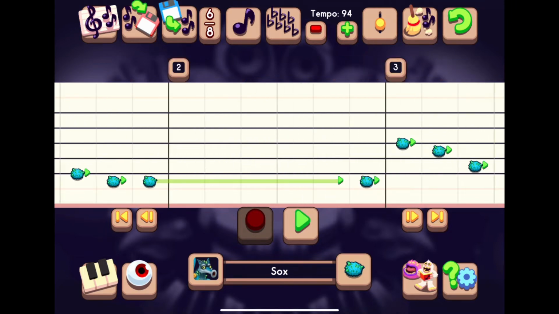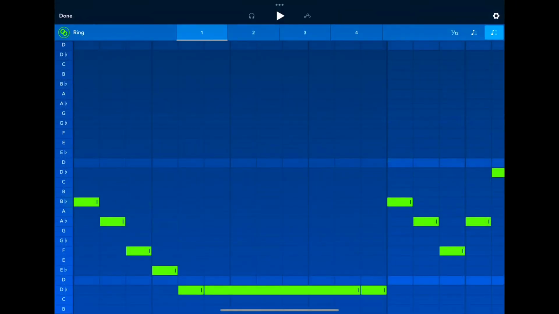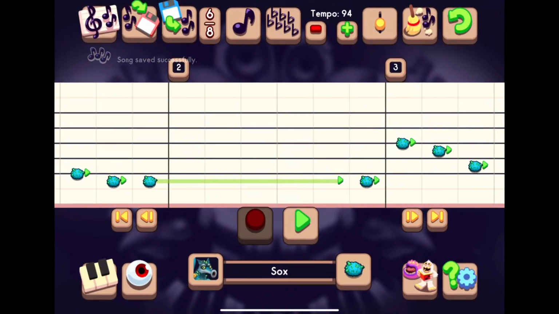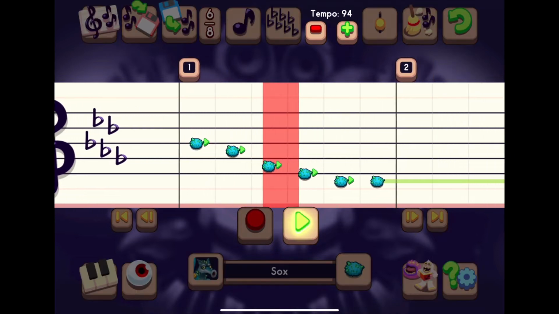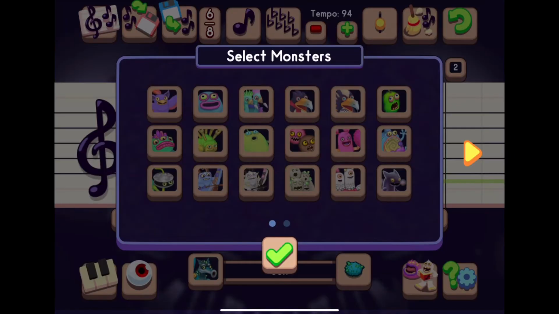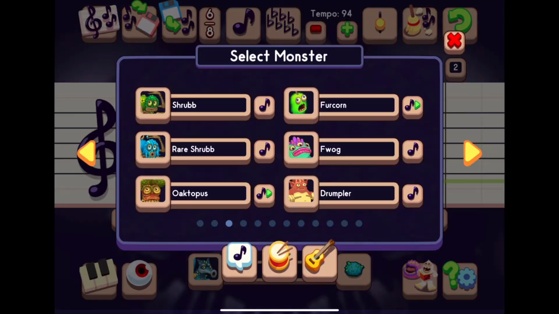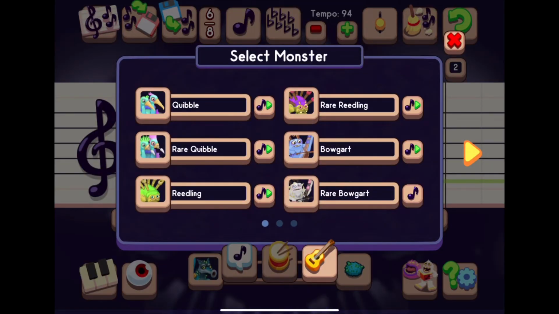And I had to adjust the tempo because the tempo is originally 66, but the tempo in Composer is 94 because it's so wonky using this app, but it's so worth it because it sounds good in the end, but it's a bit annoying and a bit tedious. Once I had the melody that you just heard earlier, I quickly switched on over to grab me some chords,